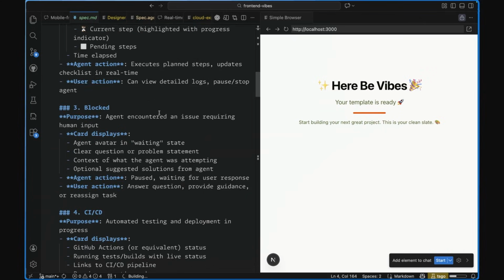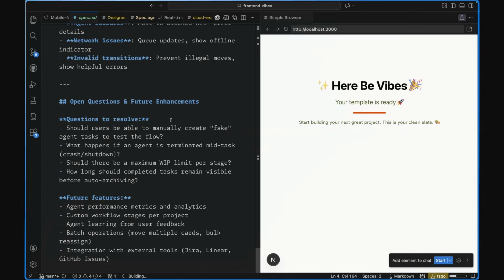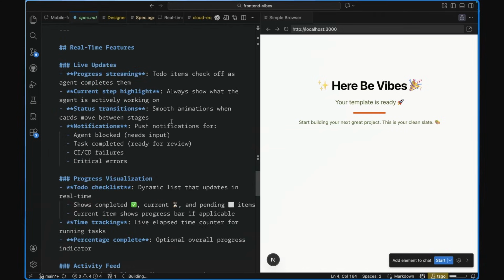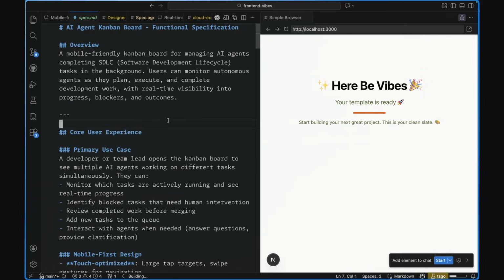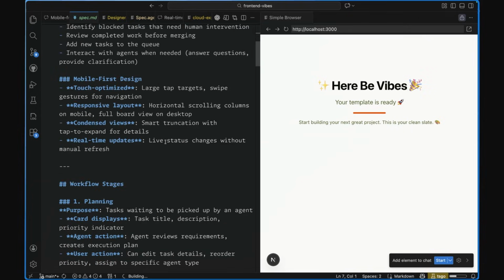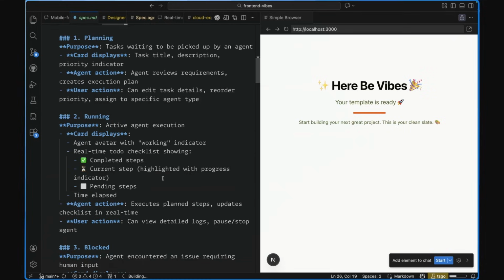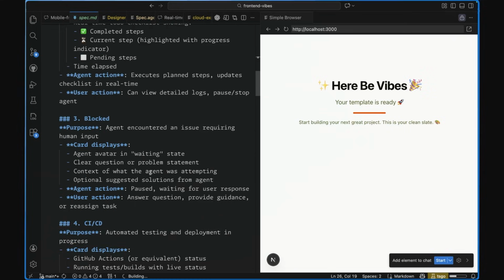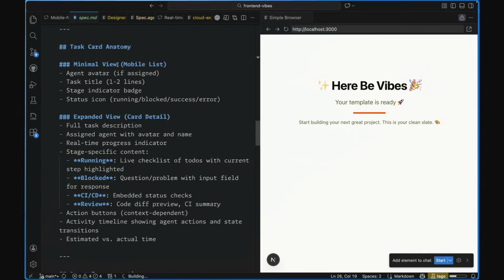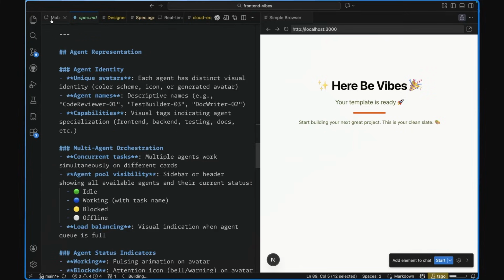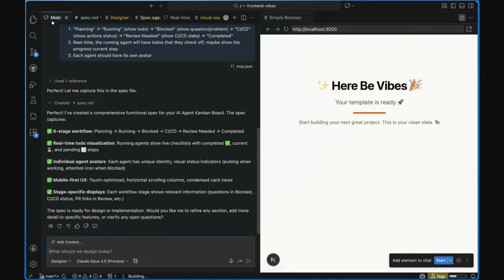It's still long to review, but at least it allows you to think about the higher-level functional aspects, your use cases, your design, the stages of what it means to manage an agent, and the views and how the design in general looks. So really high-level points you would bring into a meeting with everybody else. So now I can actually take this,